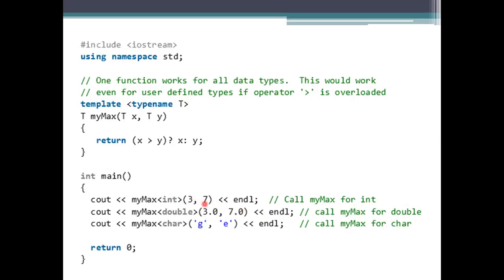If we go for the first and second examples, it will print the 7. First it will compare x and y, that is 3 and 7, and then the condition fails, and for the 7 here it will print 7.0. Next it is going for the G and E. Obviously we know G is the highest one, so it will print the G. So these are the examples and this is the way it is supported and accessed for different data types you are processing, because you define different data types at the time of usage.